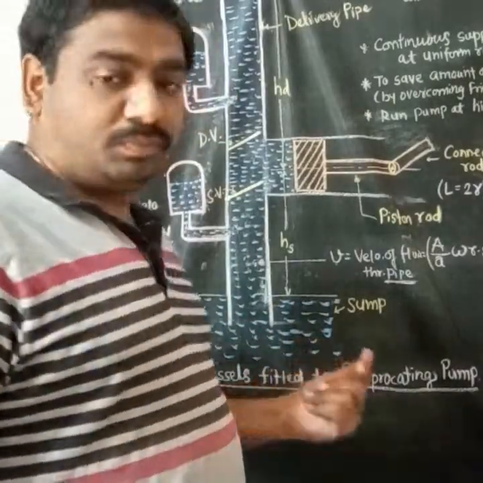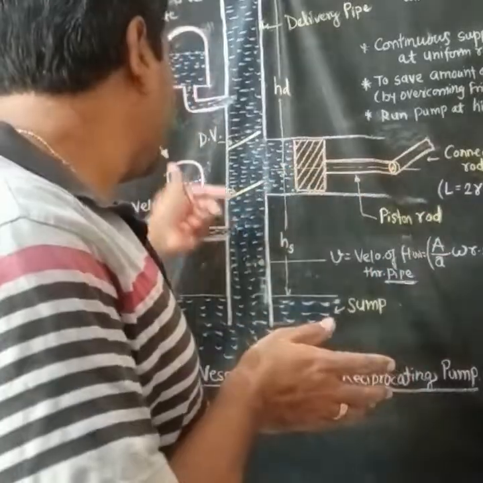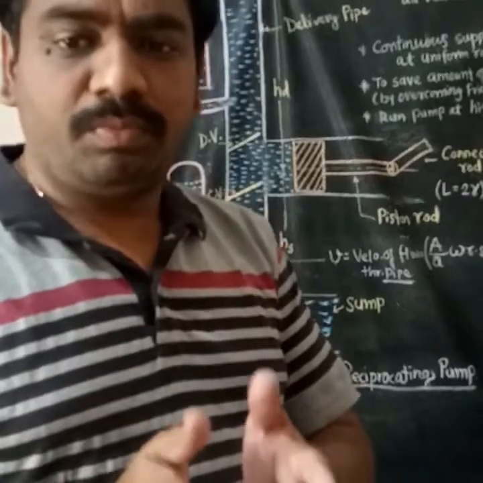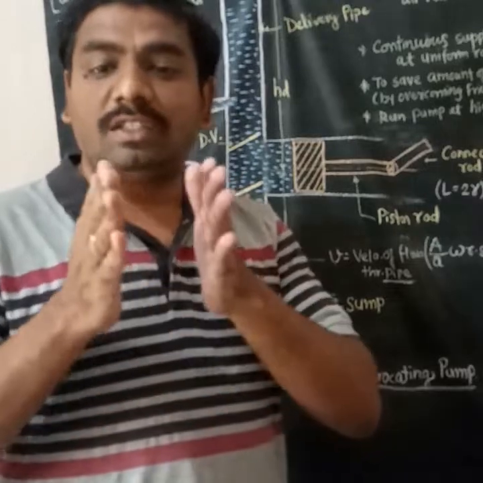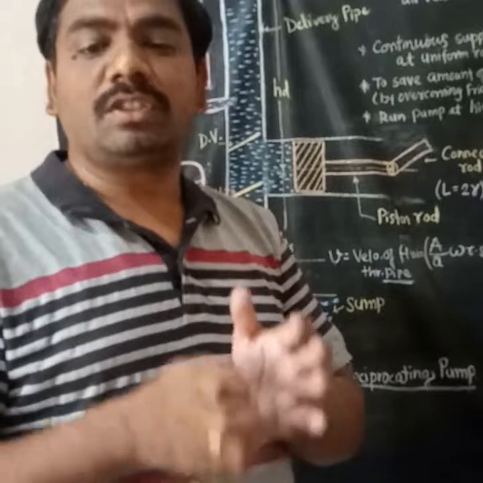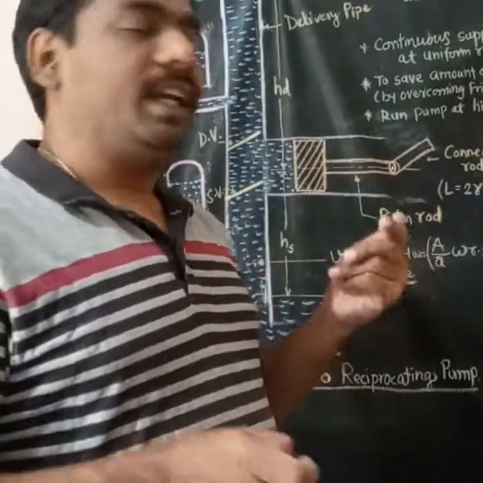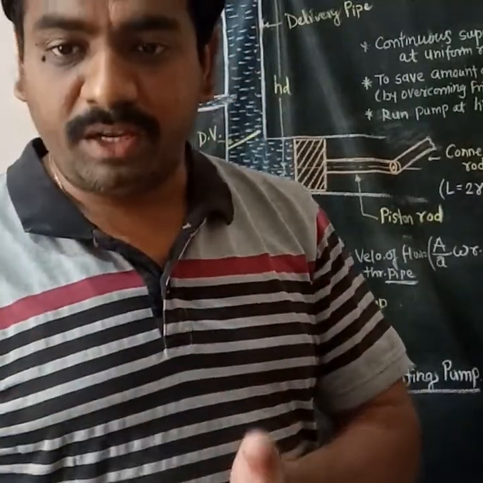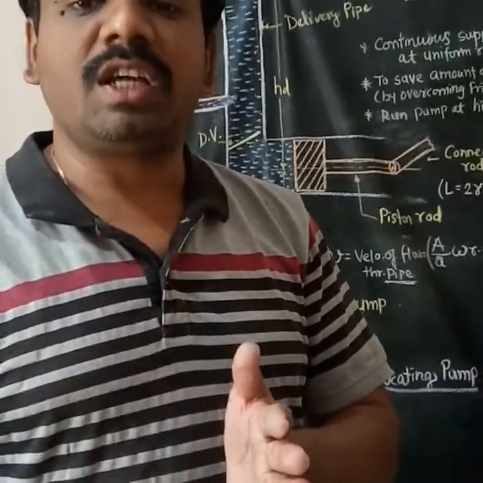So in this way, during the first half of the suction stroke there is a need of higher discharge, and that's why we take it from the air vessel which is placed at the suction side of the pump. During the second half of the suction stroke, less discharge is required inside the cylinder, and that's why the excess water in the suction pipe enters the air vessel, which will be required the next time at the first half of the suction stroke.